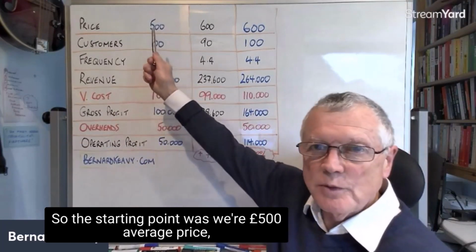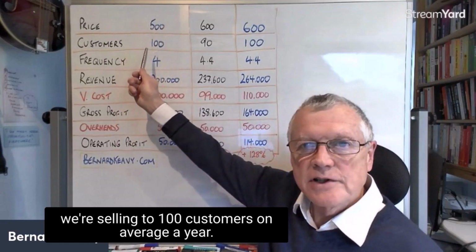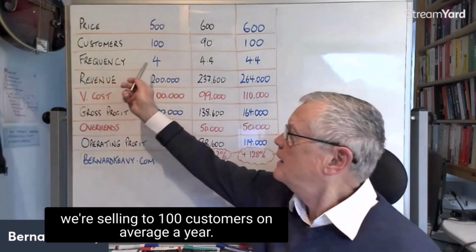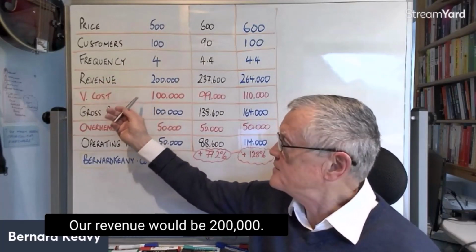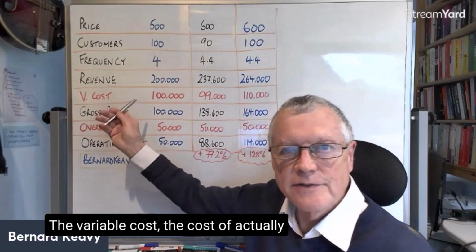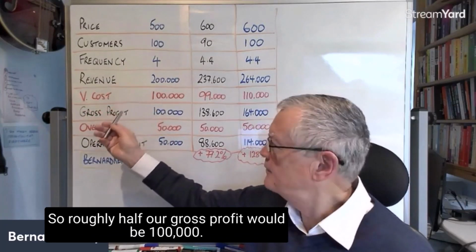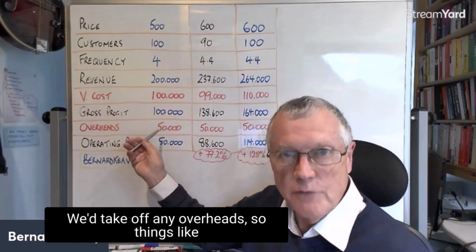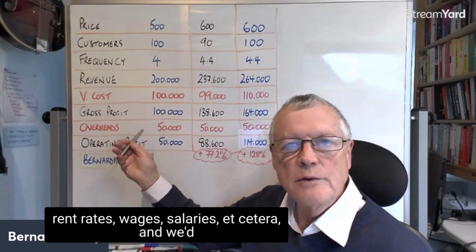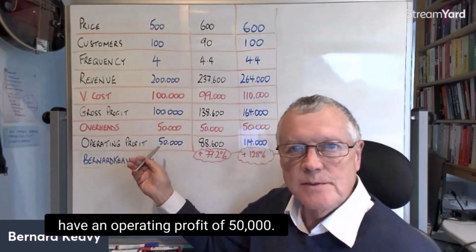So the starting point was with £500 average price, we're selling to 100 customers on average a year. We sell to them each 4 times. Our revenue would be 200,000. The variable cost, the cost of actually producing that good or service, is 100,000, so roughly half. Our gross profit would be 100,000. We'd take off any overheads, so things like rent, rates, wages, salaries, etc., and we'd have an operating profit of